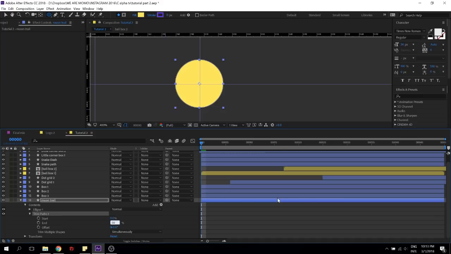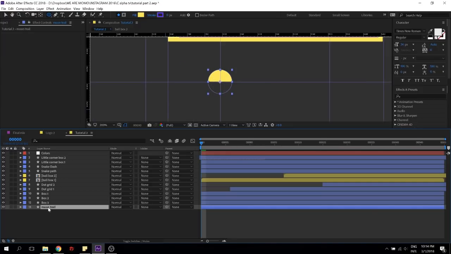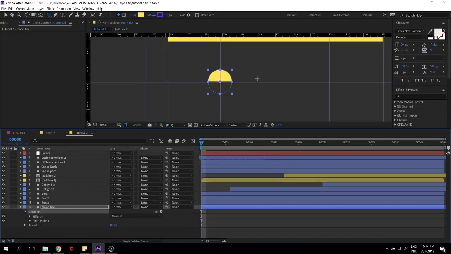And I'm going to change it to 50%. And I'm going to change it to minus 90 degrees. Cool, now I have a perfect half circle. So what's going to happen here? I'm going to go and do the same thing again. So I want to repeat this many times.